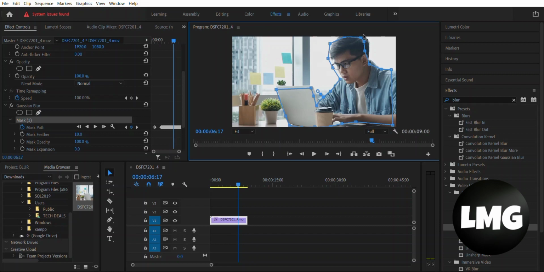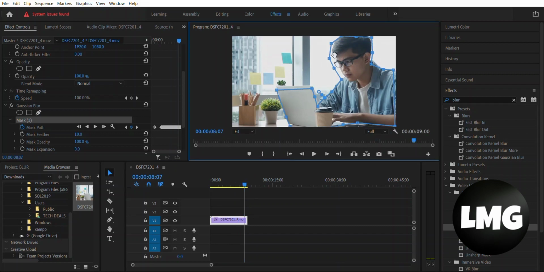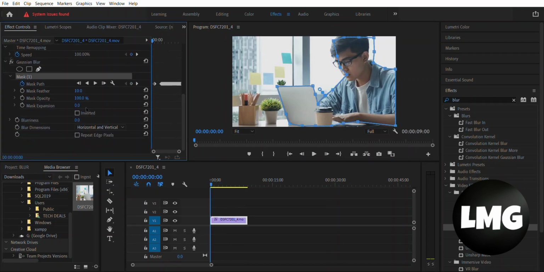Select the timer of mask path. Now in Gaussian Blur, in mask expansion, click the inverted button. Mask feather to 61 and now do the blurriness 106 and now you can see